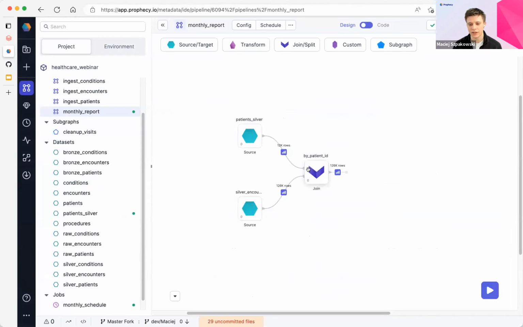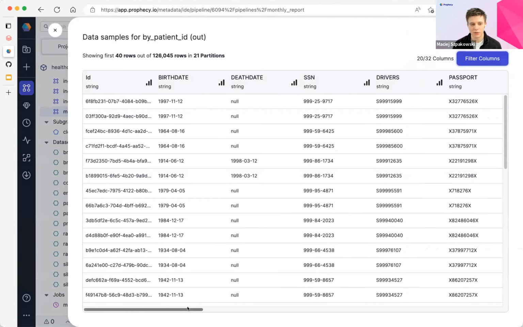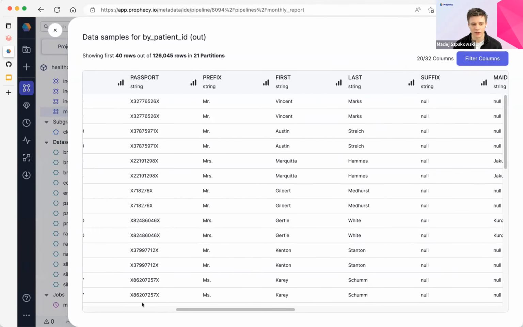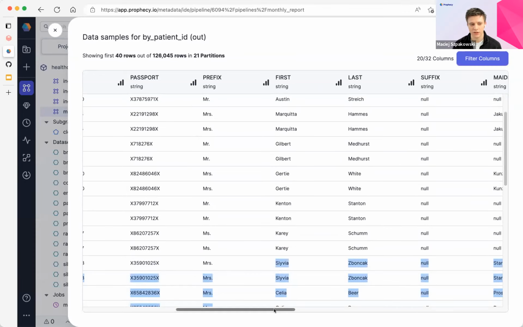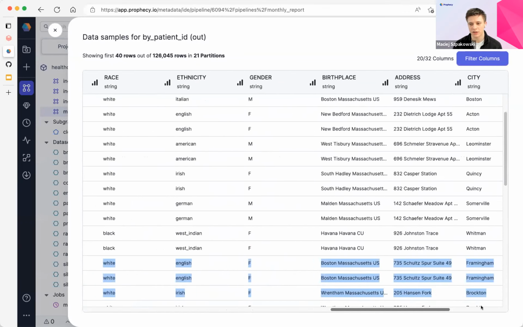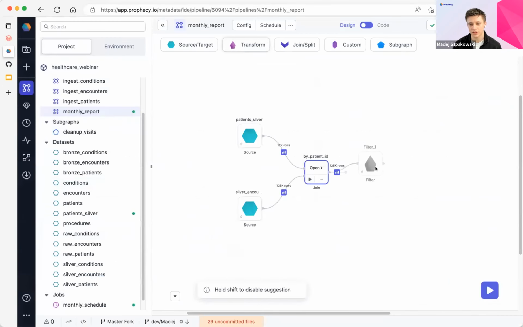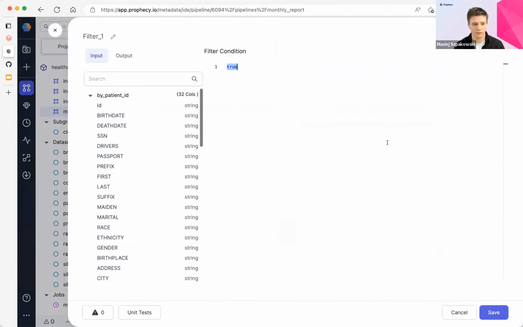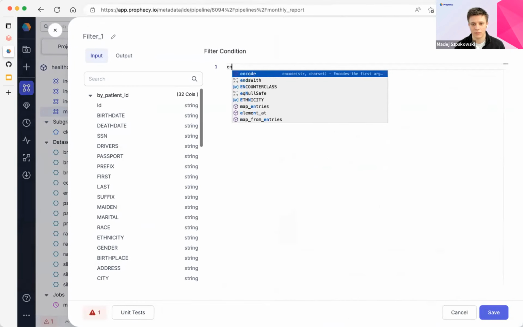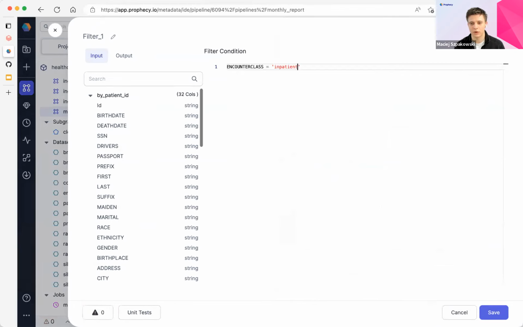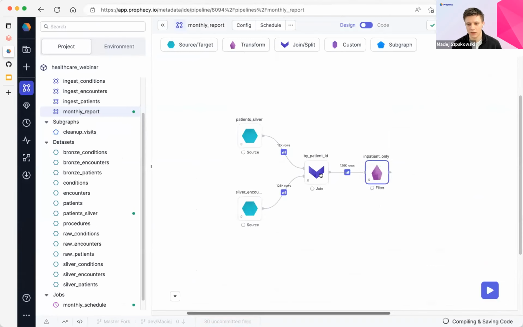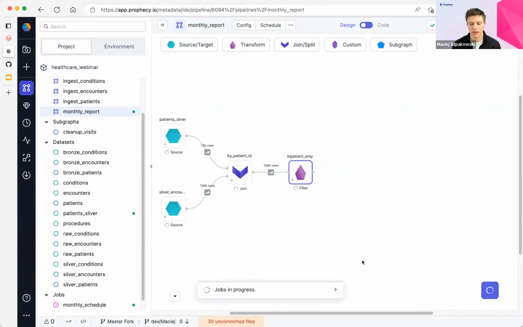Perfect. So now we have our join ready. Unfortunately, there are many different types of encounters here. I would like to only focus on inpatient encounters, right? So let's put a simple filter component that will allow me to filter through that data. Right? I'll focus only on the inpatient encounters. And we can, of course, keep testing as we're going. Now that we have our data filtered and we narrowed down to the 7,000 encounters that we really cared about,